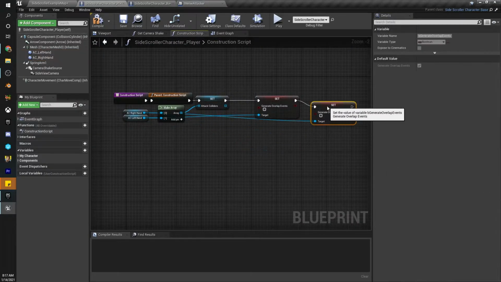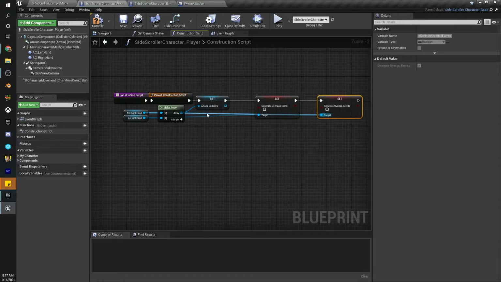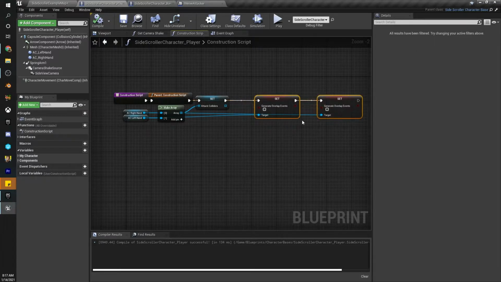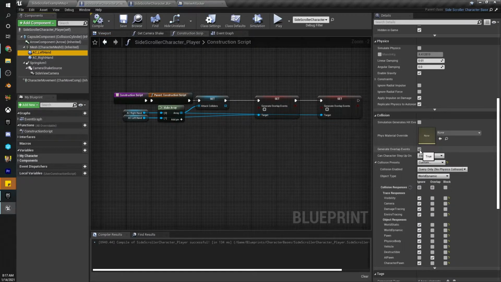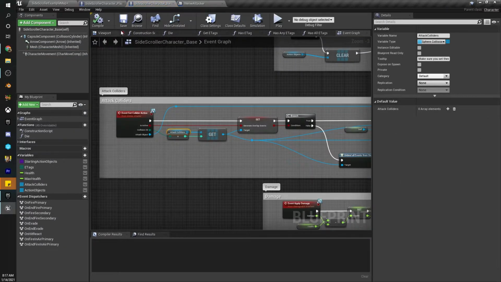So in the construction script, I add them to this attack colliders array that was in my base class, and then I tell them to not generate overlap events. Now this means that they will actually be able to generate overlap events when they turn on, but for some reason if you change this in the editor, you'll often run into problems where if you set this to false and then you turn it on at some point during the game, it just won't actually generate overlap events. It doesn't get added to whatever library Unreal builds at runtime. So anyway,